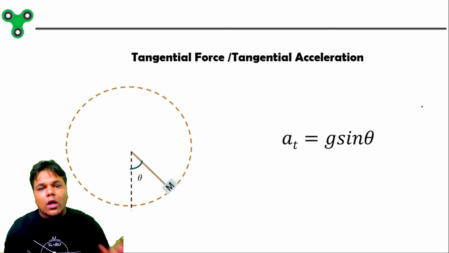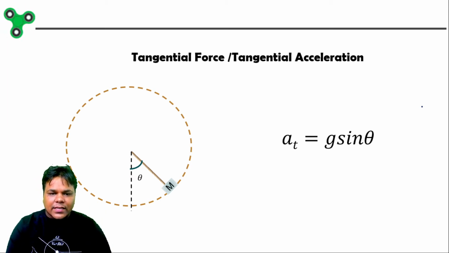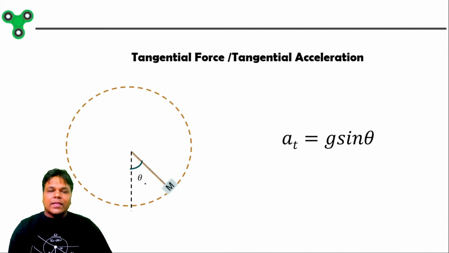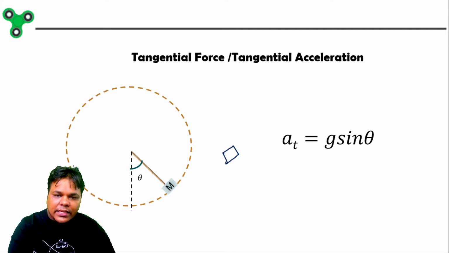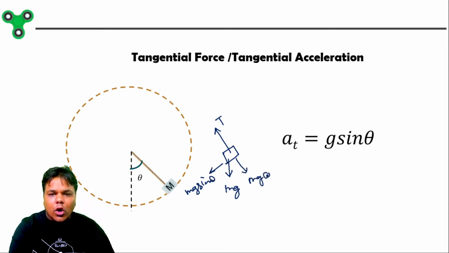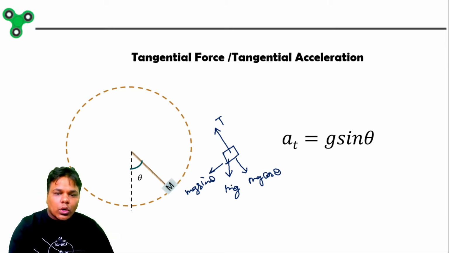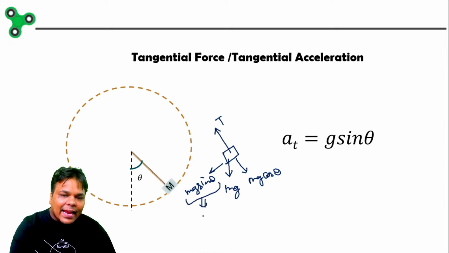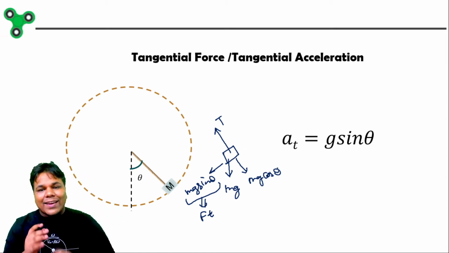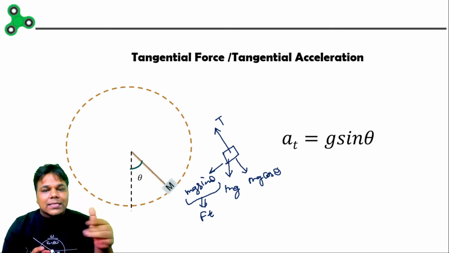So how can we solve these types of questions? First, let's take the first case, right? Suppose the particle is at this point making an angle theta with the vertical. Okay, now as you can see, one force exerted on the particle is mg. Another force is tension. So can we calculate the two components like mg sin theta, and another component mg cos theta? Okay. So this mg sin theta will act as a tangential force, and the resultant of T and mg cos theta will act like a what? Will act like a centripetal force.